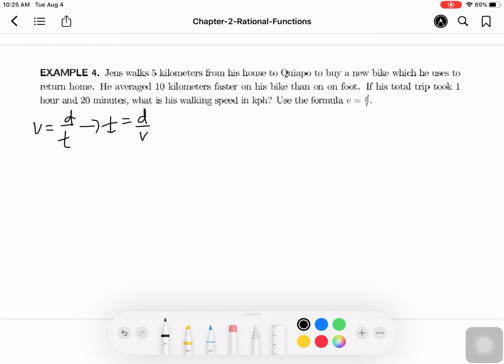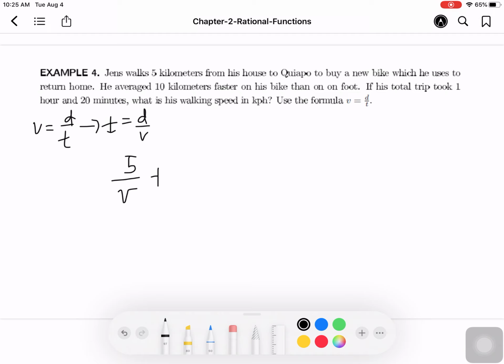So, he only walked for the first part. So the time, for the first one, from house to Quiapo, will be the 5 kilometers divided by his speed, right? Plus,